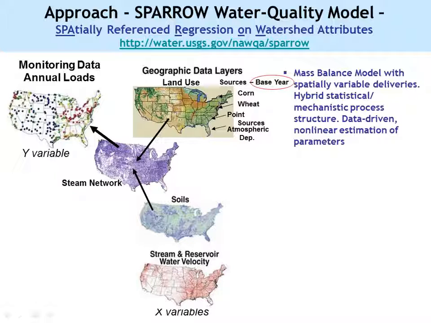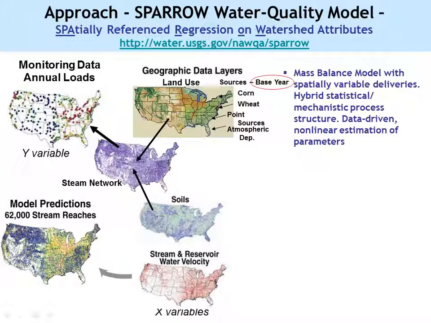Like I said, one of the things we do is we don't put all those nutrients on and just assume they're all transported equally across the landscape. What we do is we allow that transport into the streams based on various environmental factors. It might be precipitation, soil types. And what we try to do is find the environmental factors as close as we can to describe that variation in delivery.